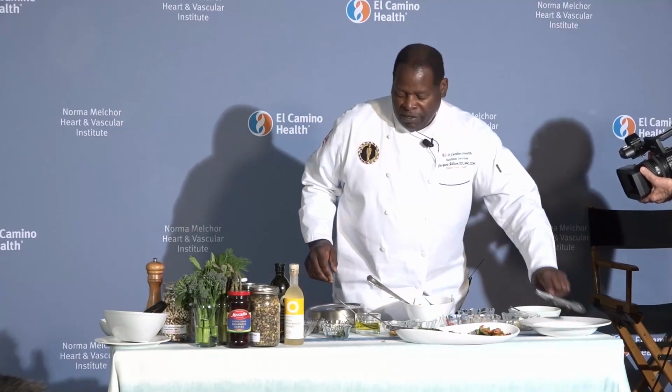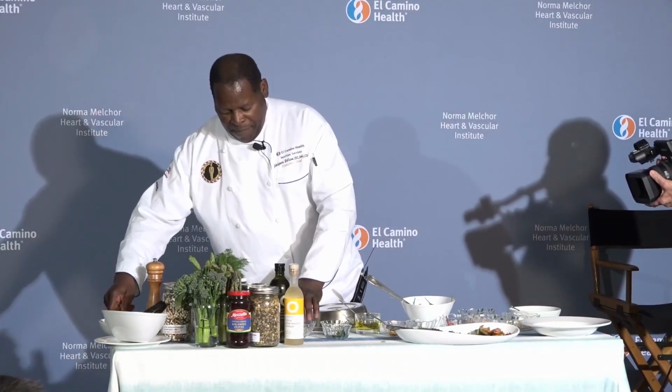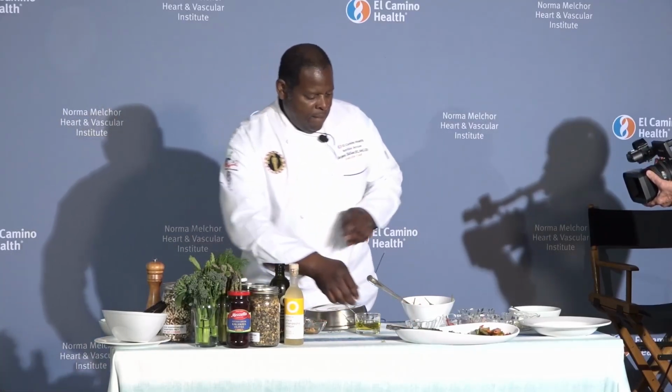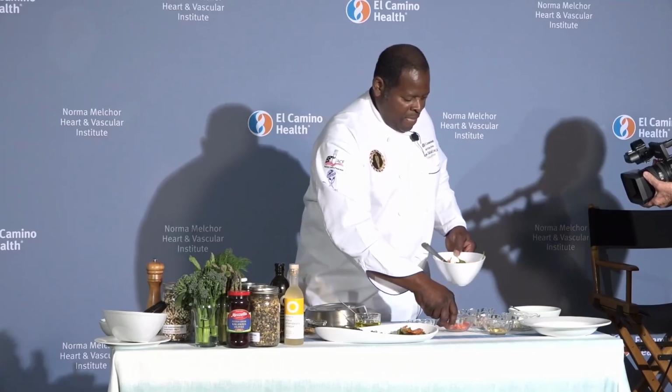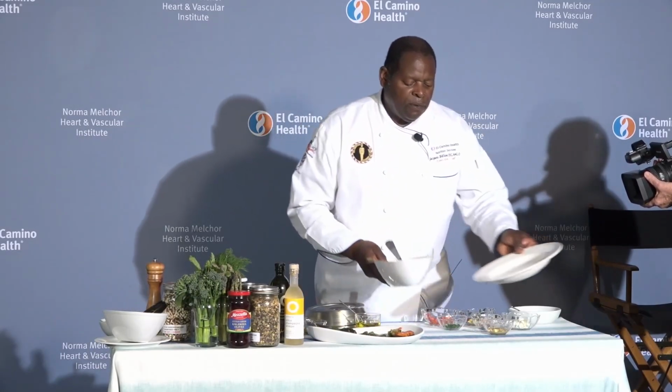So we're going to start plating this up. Okay, so let's get some of this out of the way. So the best thing to do for presentation, you find a nice bowl. And one of the great things about this salad is, if you have salmon on Sunday, and you want salmon another day of the week, and you want to make a salad. Perfect